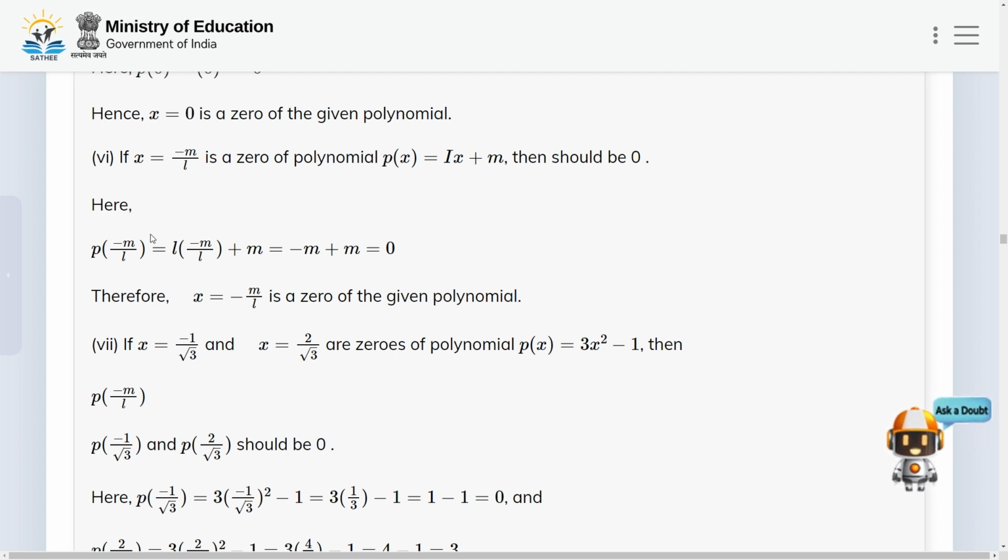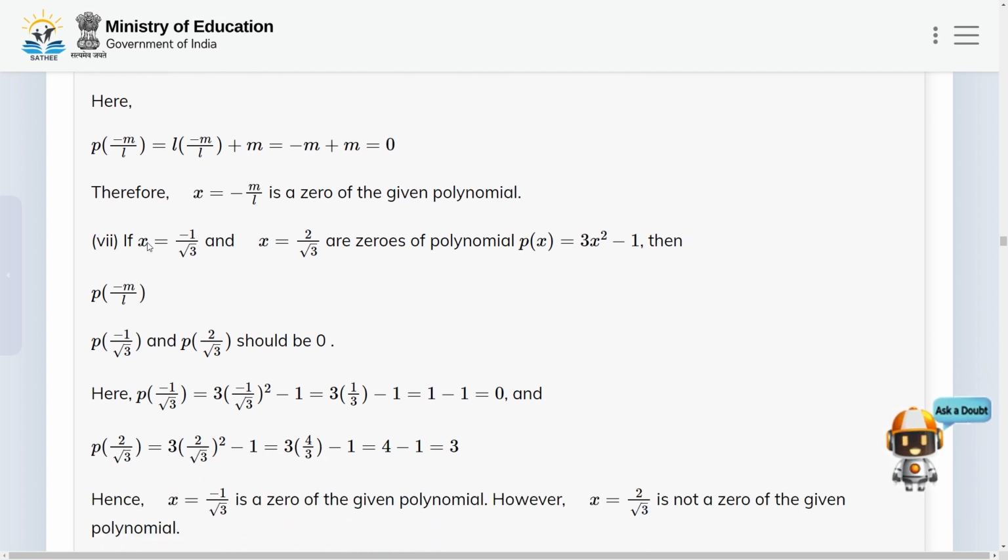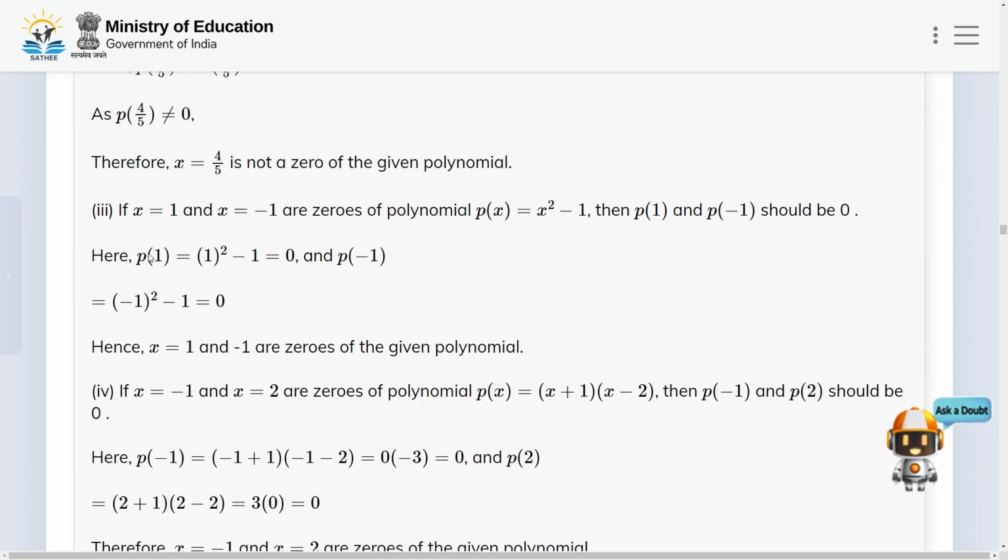So here p of minus m by l is equal to l times minus m by l plus m, and this is equal to minus m plus m, and this is equal to 0. Okay, so therefore x is equal to minus m by l is a 0 of the given polynomial. And now let us move to the seventh one. So in the seventh one here we have p